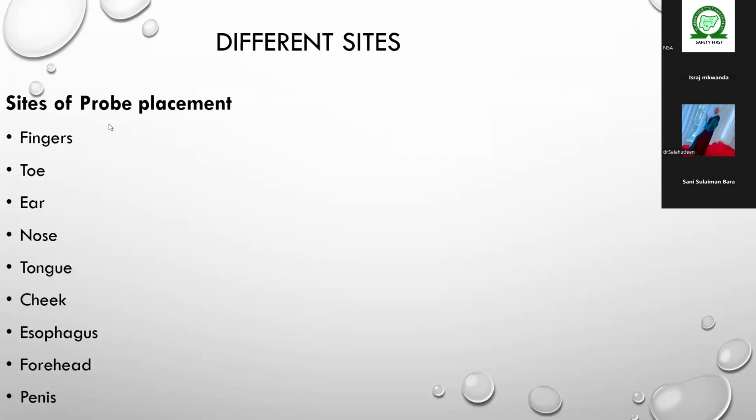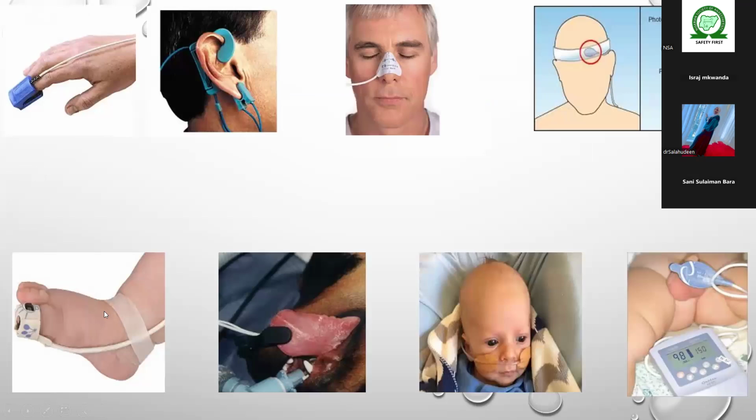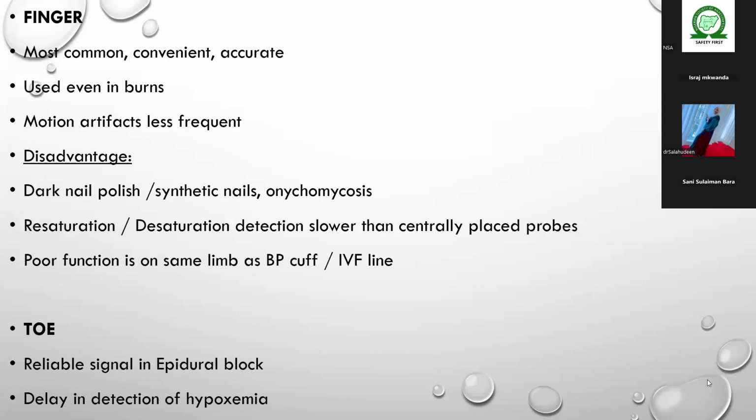So different sites of probe placement can be on the fingers, on the earlobe, on the nose, on the head, toes, on the tongue, cheek, on the penis. But they have their limitations. On the finger, which is the most